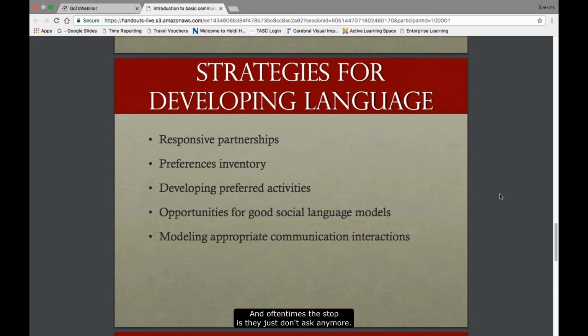And oftentimes the stop is they just don't ask anymore. She won't put her leg out. She won't smile in response. She doesn't start showing that anticipation. And then it's my job to look at her and say, oh, I can see you're all done with this activity. And with the all done, that's where I might introduce the sign language for all done. We might have some sort of a touch cue. Maybe somebody has developed, you tap the back of her hand 2 times. That means all done. But it's important to continue to give them that language and be able to give them a way to say all done.